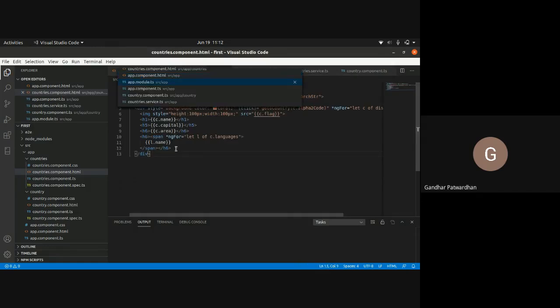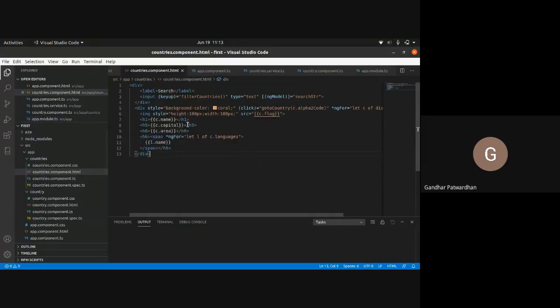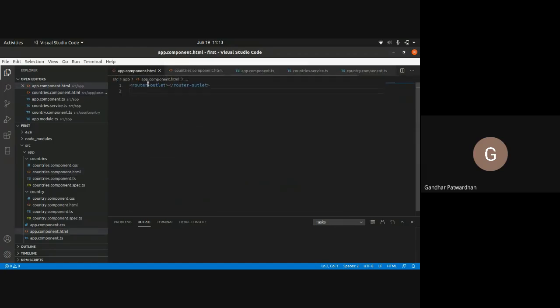Then in my app.module.ts, I'll have home go to the countries component. So by default, it will redirect to home. And in my app.component.html, we will only have router outlet.